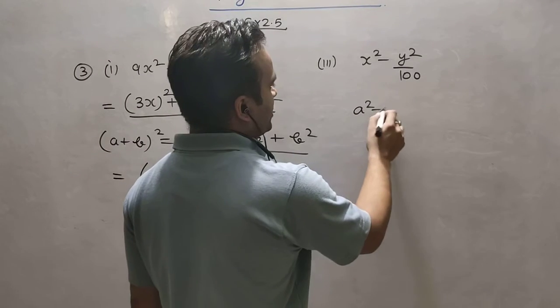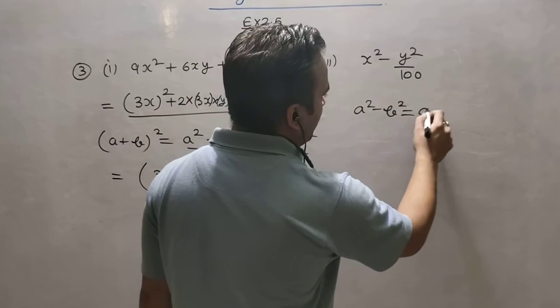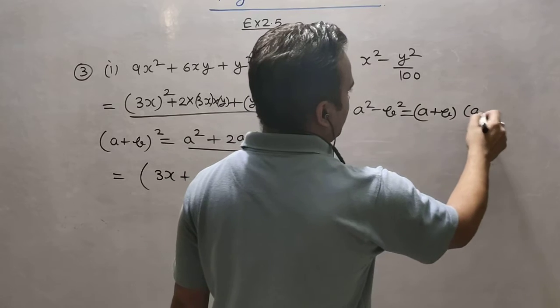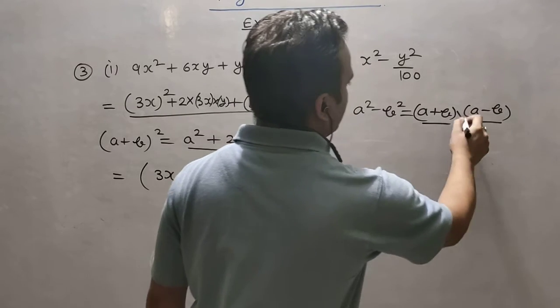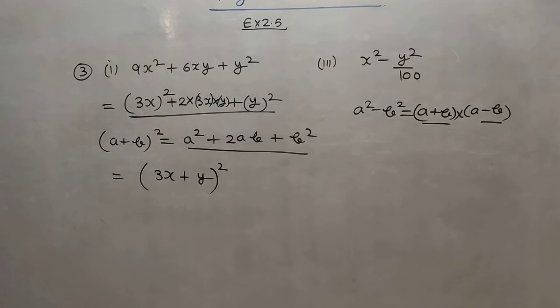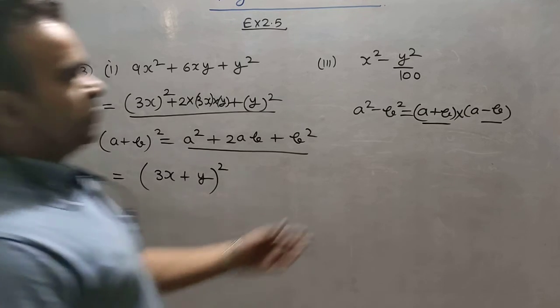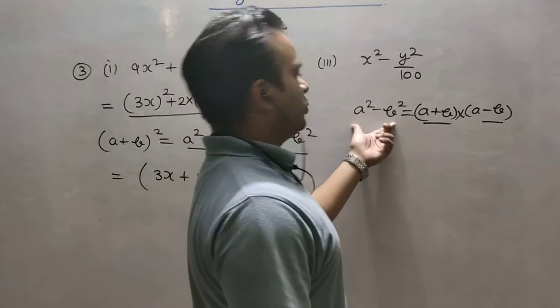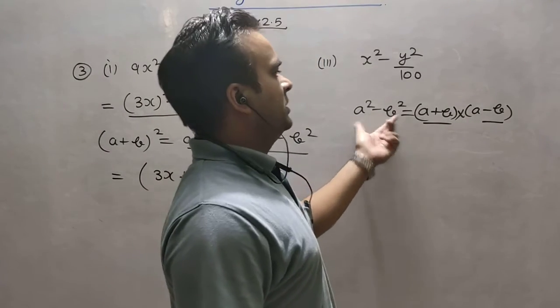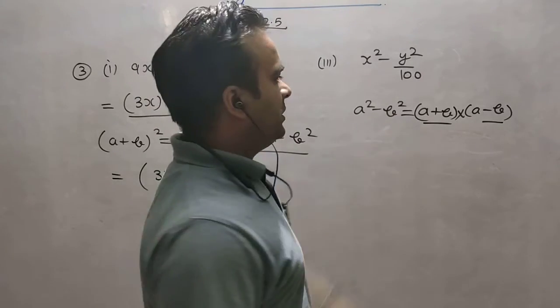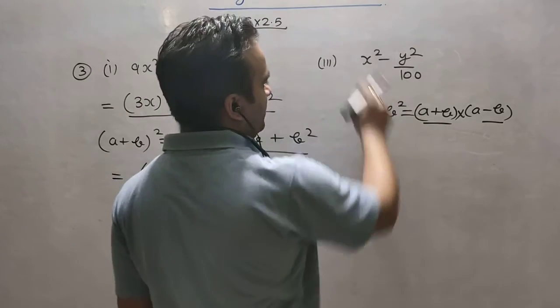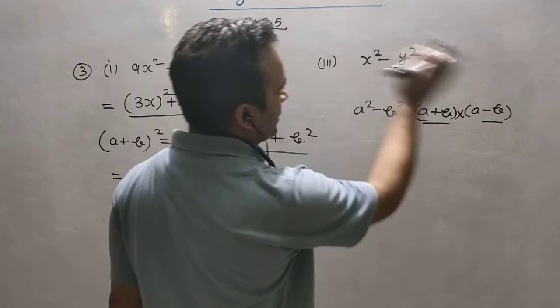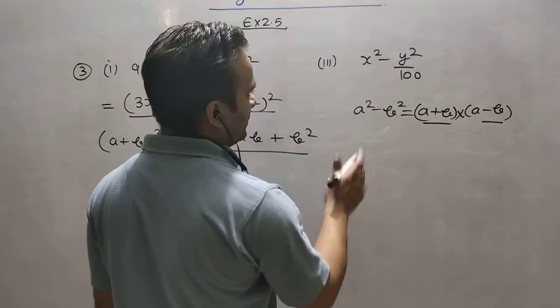So a square minus b square, and what is the factor form of a square minus b square? It is a plus b and a minus b, because these are the two factors. Because factors are always in the form of products. But here we are using algebraic expressions. So we will say that all the algebraic factors will be in the form of product. This is not a factor form. This is the algebraic form, right? So this particular sum is in algebraic form, and we will convert it into factor form with the help of identities.